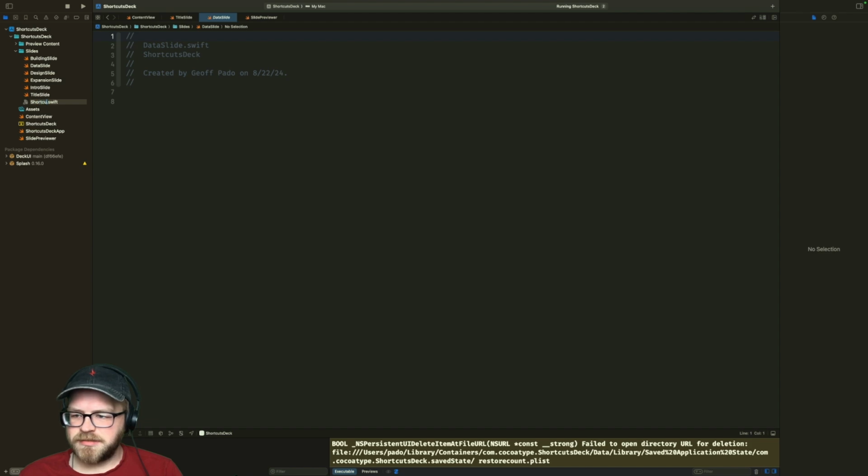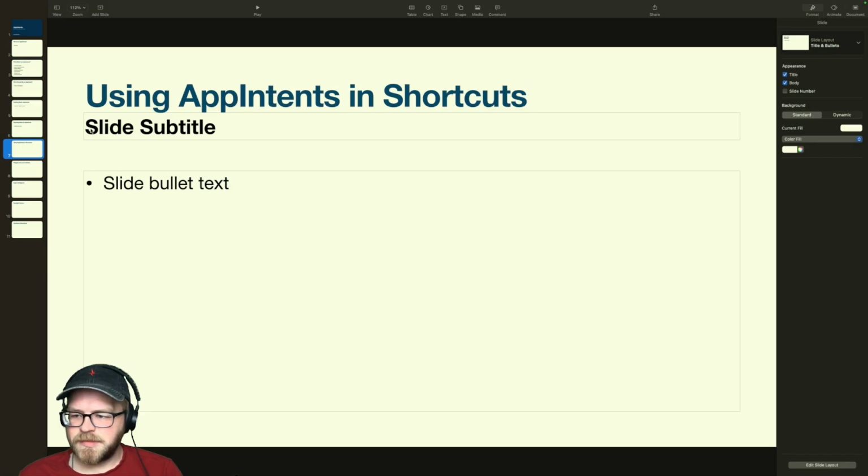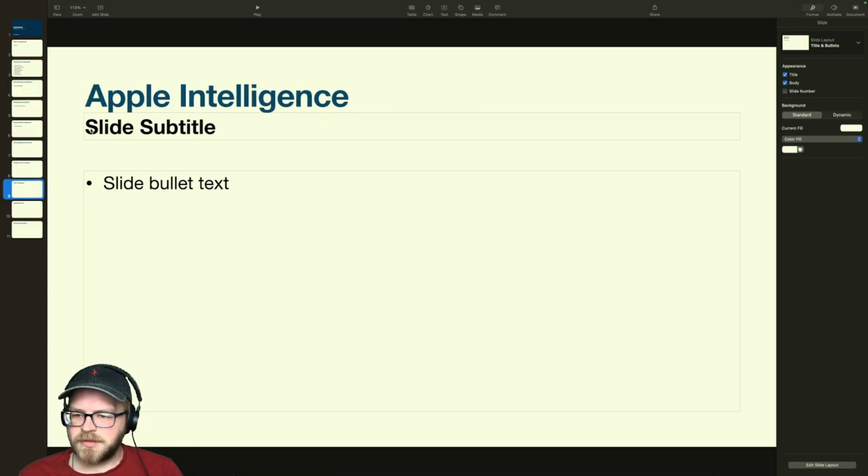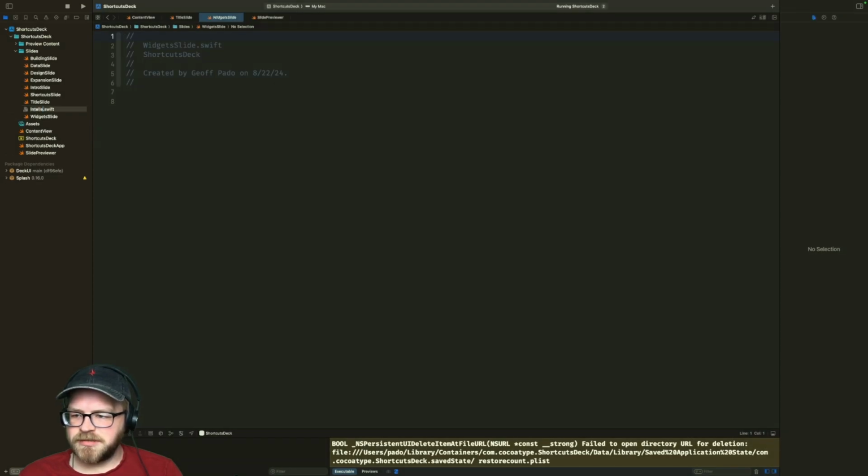Shortcut slide. Widget slide. Intelligence slide. Spotlight slide. And slide. And I guess a conclusion slide.